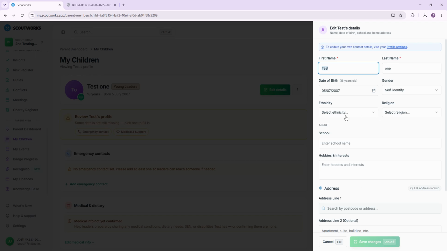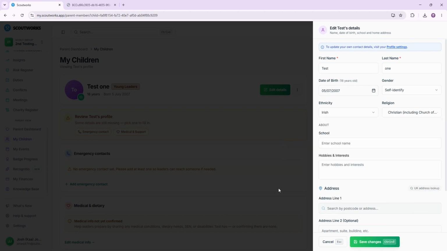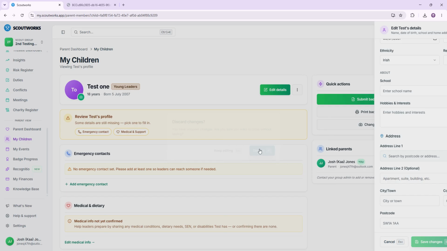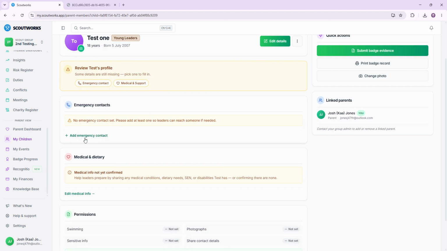But you can do everything from ethnicity, religion, and then your address, and then it will prompt you to save. Then underneath that banner you'll have a review of the profile for anything that's missing. So test 1 is missing an emergency contact and the medical and support bit. So emergency contact: